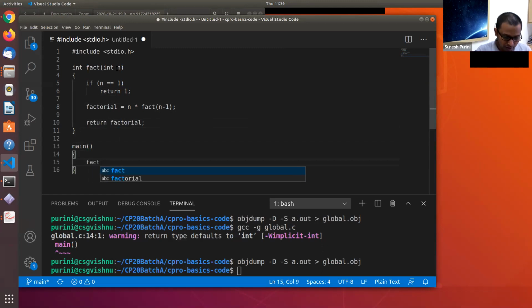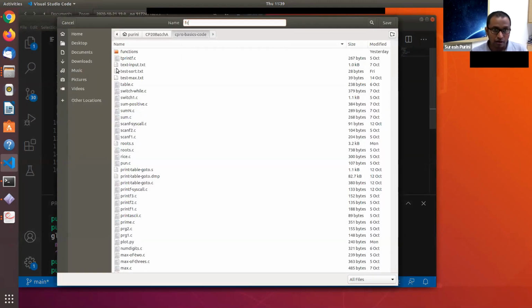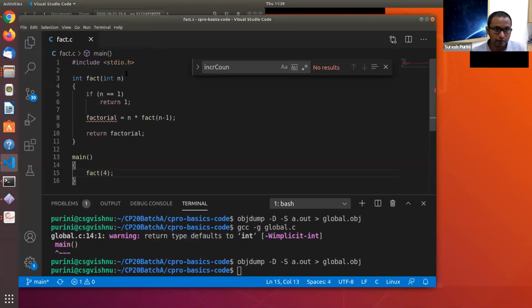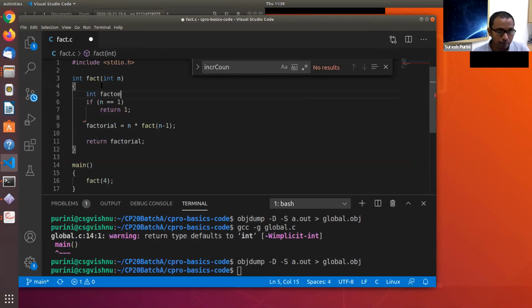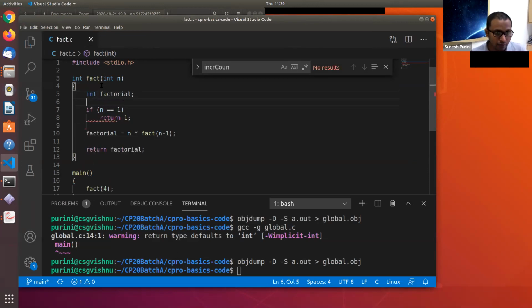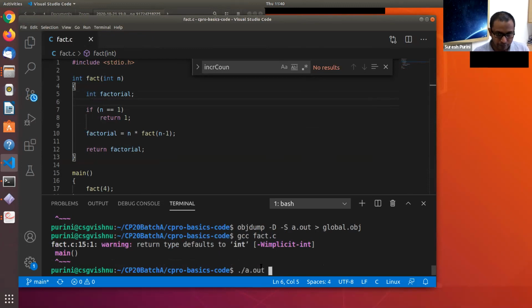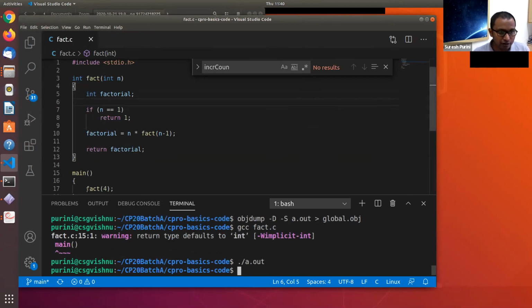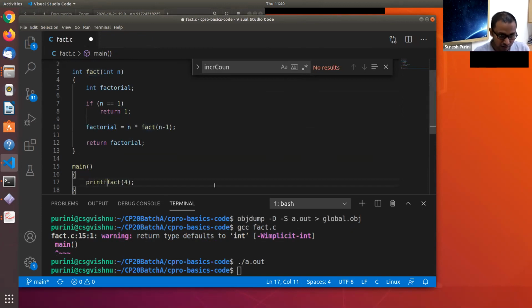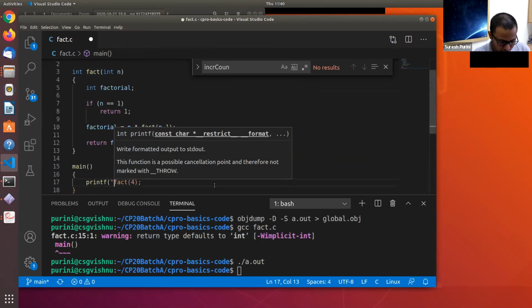Let's say I use fact of 4, fact of 6. Now let's see if it works. We are not printing it. Okay, so factorial is equal to percentage d.